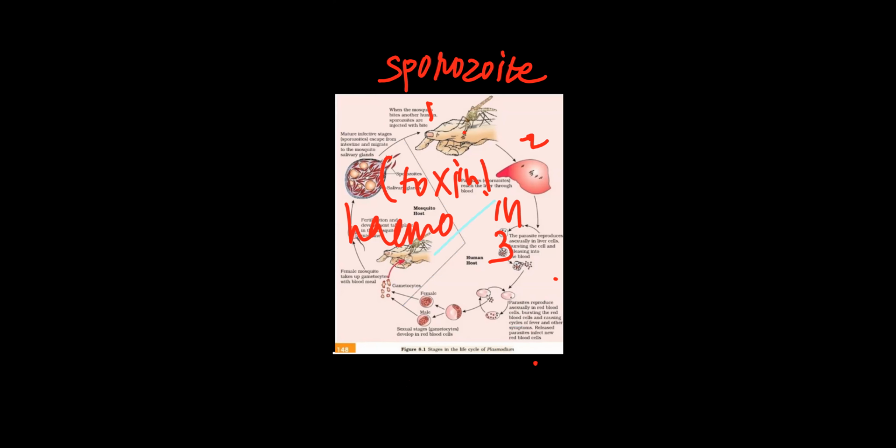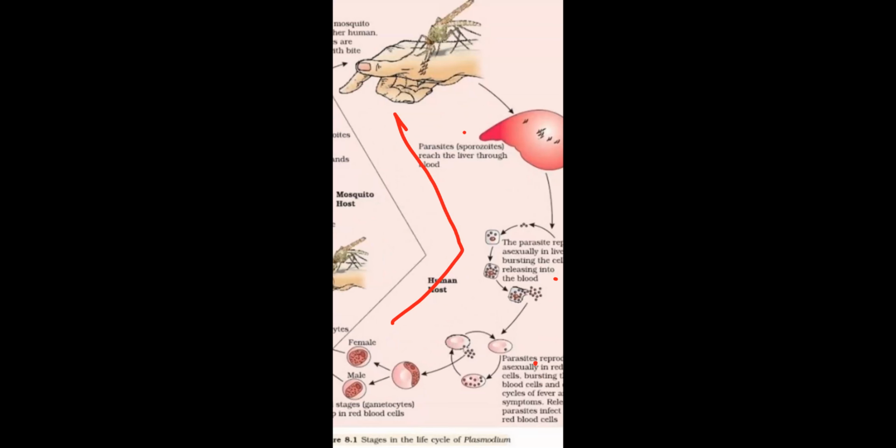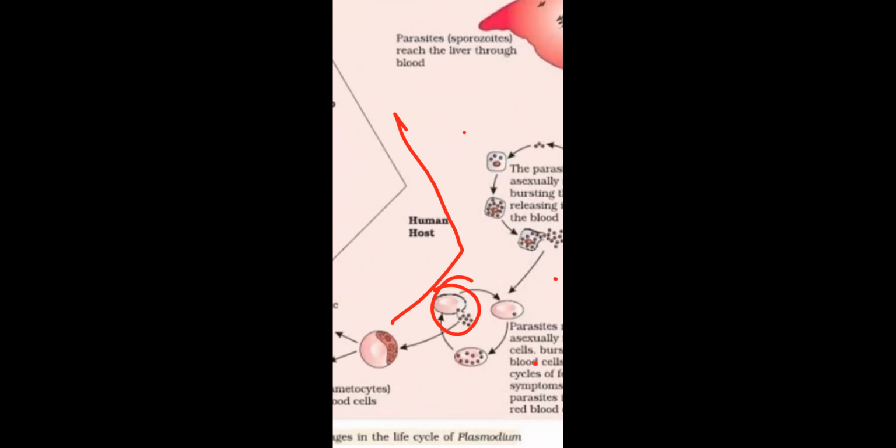And soon they multiply inside this RBC and rupture the RBC and come out from the RBC. Have a look. I'm talking about this one. Entered in the RBC, ate the hemoglobin by the amoeboid stage. No more sporozoite, it is now the amoeboid stage. Eating away the entire hemoglobin, breaking it into heme and globin. Globin is engulfed and digested by the plasmodium. And meanwhile, heme is converted into a toxin called hemozoin.